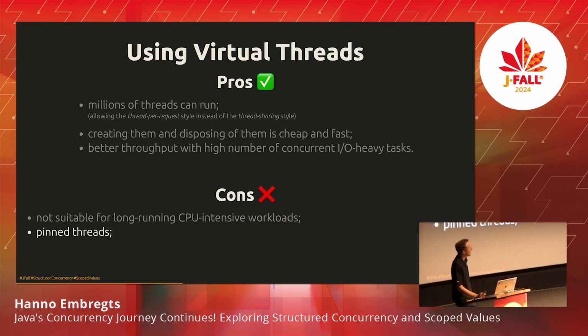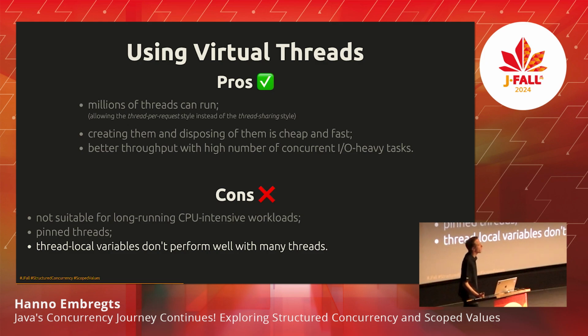And lastly, pinned threads. Oh, this is not lastly, I have another item, but pinned threads are an issue because when a virtual thread is inside a synchronized block or method, it cannot be unscheduled at that point. It has to stay pinned to the carrier thread for the duration of the synchronized block. Or when you execute a native method or foreign function that is outside of the scope of the JVM. And finally, thread locals do not perform well with many threads. I already explained to you what the risk is here. Now, if we got millions of threads that also spawn millions of threads, this memory problem might be an issue in the future.